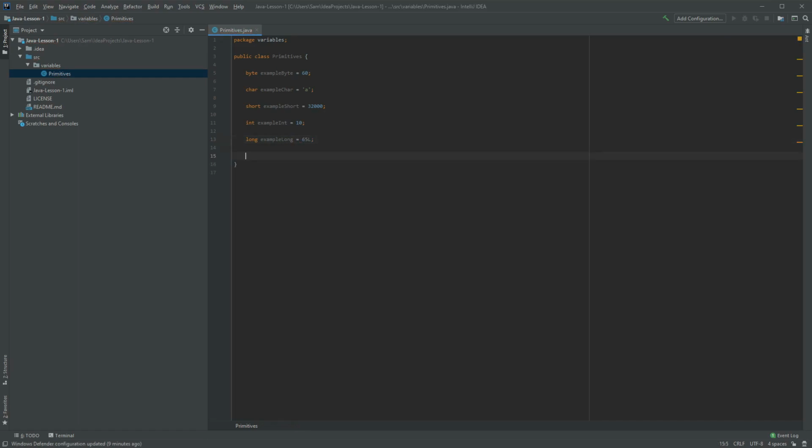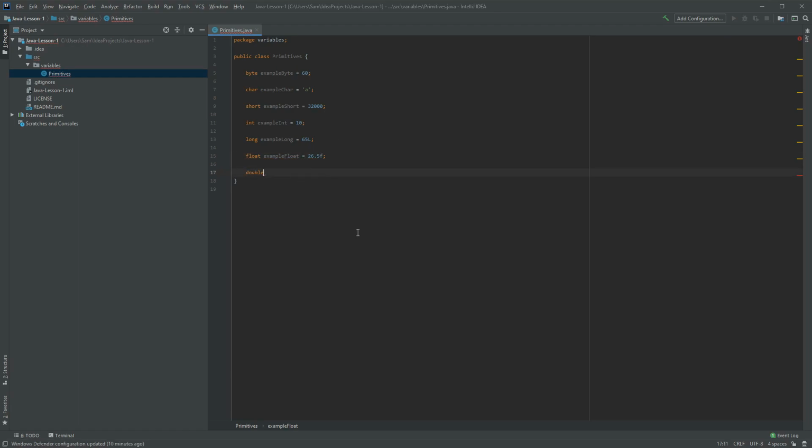Aside from those integer-based primitives, we also have floating point numbers. So float is a single precision floating point number. What that means is it's essentially a decimal number, something with a decimal point in it. A single precision is 32 bits, and we can represent any decimal number in between. Again, it's a huge range, so I will just put it on the screen as I have with the rest. So if we do 26.5,